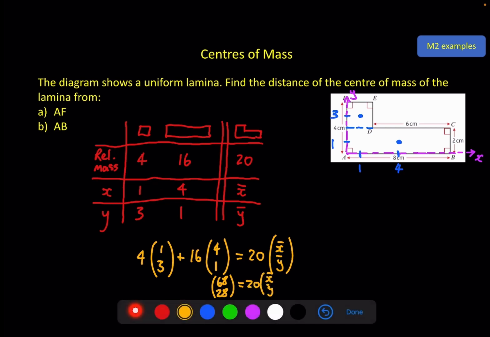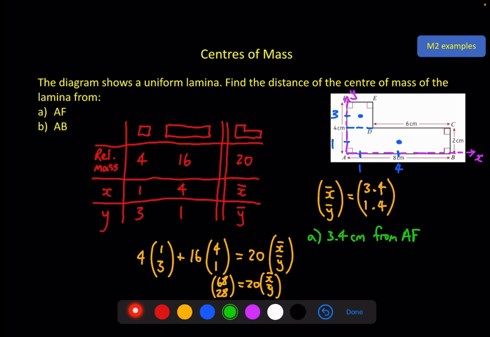X bar, y bar. So if I finish up here, x bar, y bar must equal 3.4 and 1.4. Now again, back to the question. They want the distance from AF. AF is this side, so that's the x-coordinate, which is 3.4. So my answer for A is 3.4 centimeters from AF, and for B, 1.4 centimeters